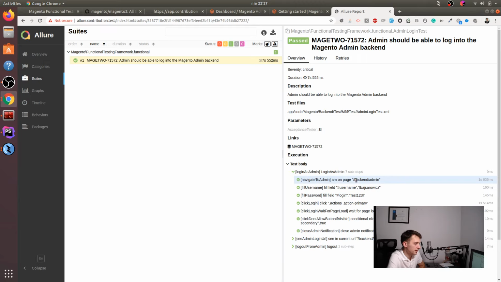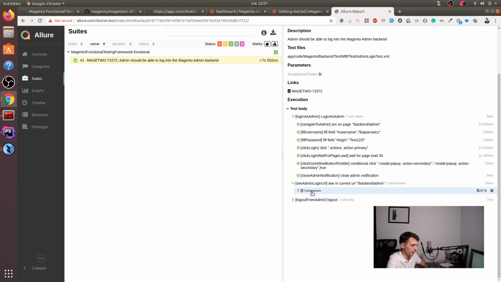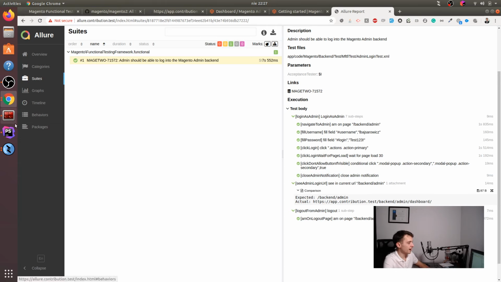So it navigated to backend admin, then filled the username and password, then waited for the page to load, and then assumed that we don't see the allow button related to allowing Magento to collect data, then closed the admin notification, and we see the comparison of URL. So we asserted that the URL is correct, and then we logged out,